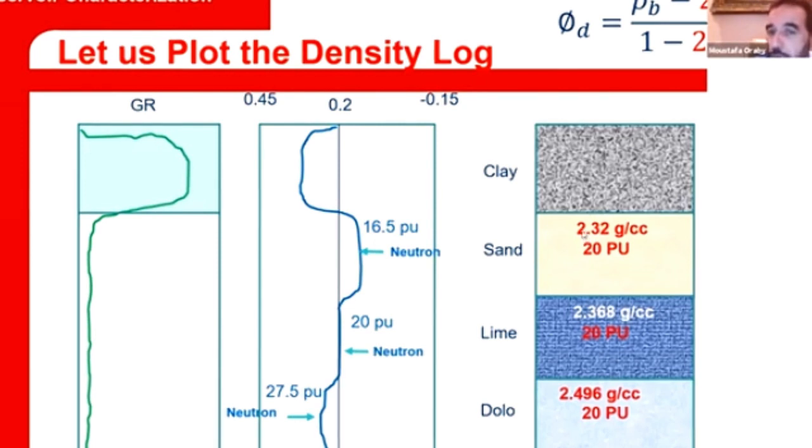What is the density of your sand? 2.32. Then I will take the rho bulk and put 2.32 instead. Then I calculate my density porosity. Okay? How about the density porosity of my lime? The density of the lime is 2.368. Then I will change the rho bulk to 2.368 and I calculate my density porosity